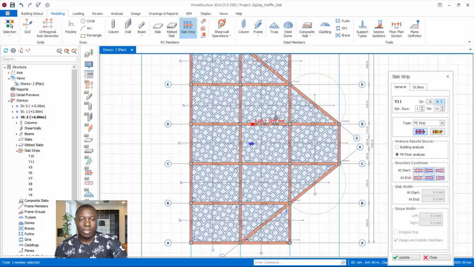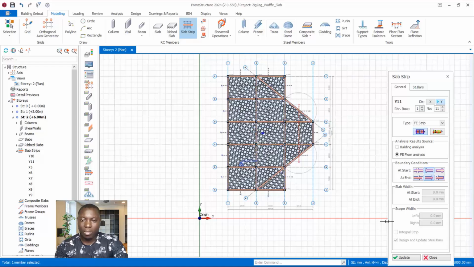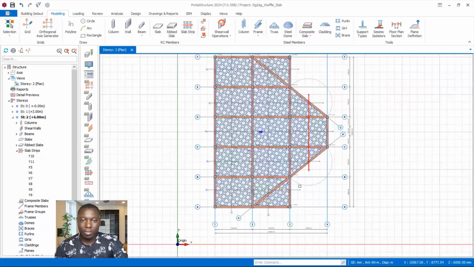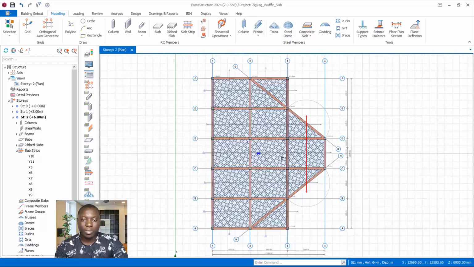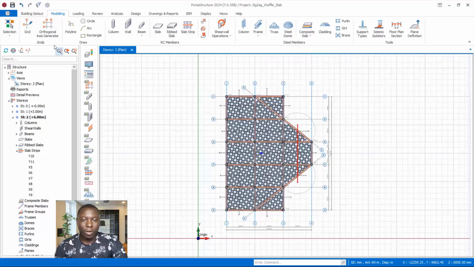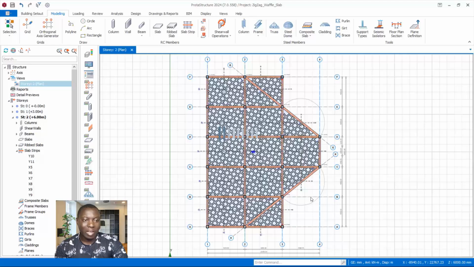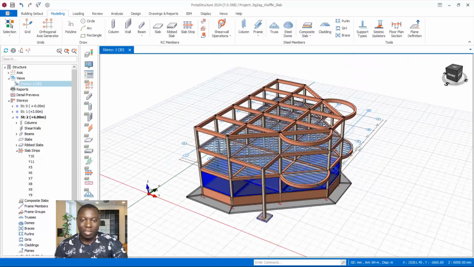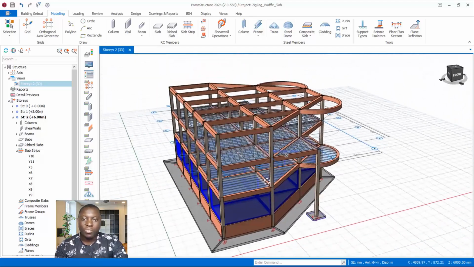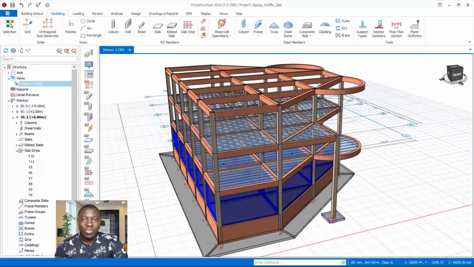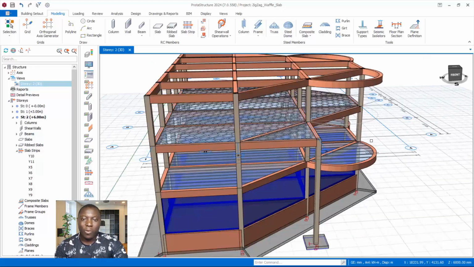All right, you can see we are done with our strips. So the next thing we'll be doing is to carry out the analysis of the strips. For a structural engineer to run analysis on a zigzag waffle slab, what you are actually analyzing a waffle slab for is